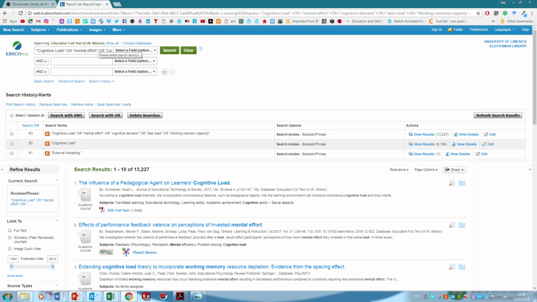Now, a bit of explanation behind using OR. Why did I put that in there? Well, OR is in there to say that when you're searching, you can either have cognitive load or mental effort or cognitive demand or task load or working memory capacity. So it's saying basically give me everything that has these terms in them, or in the titles and in the abstract, depending on what you want to search. Usually the titles and the abstract is what's searched for,